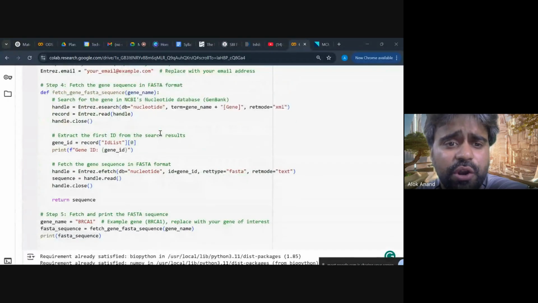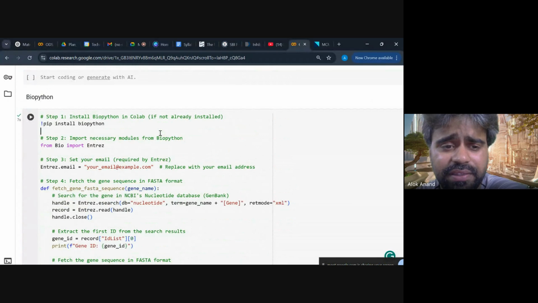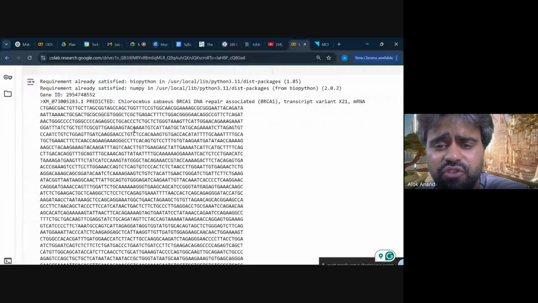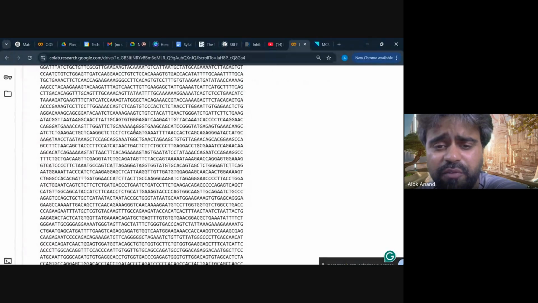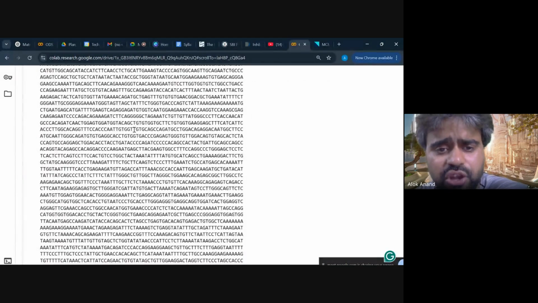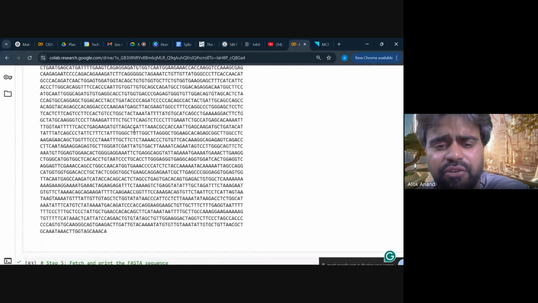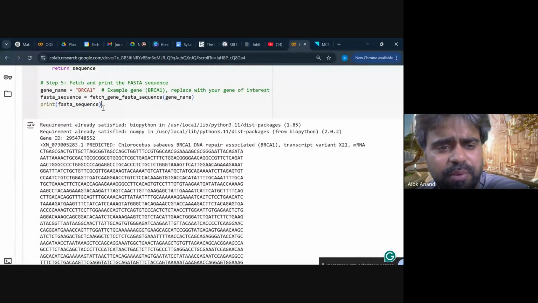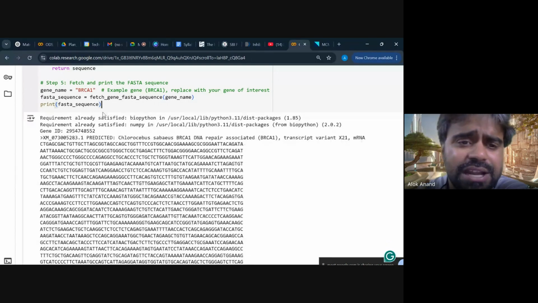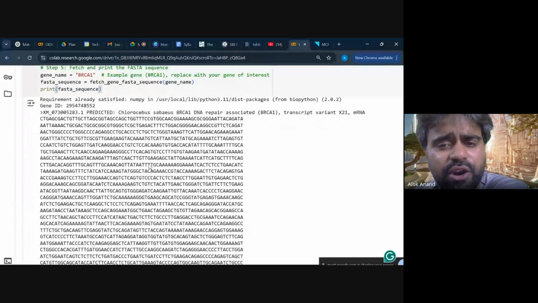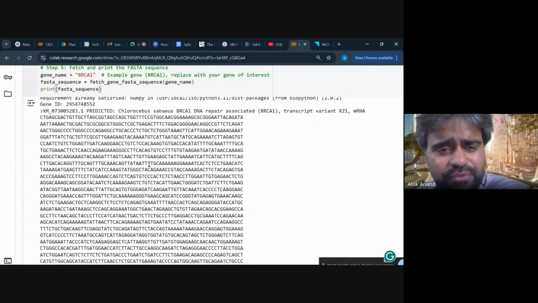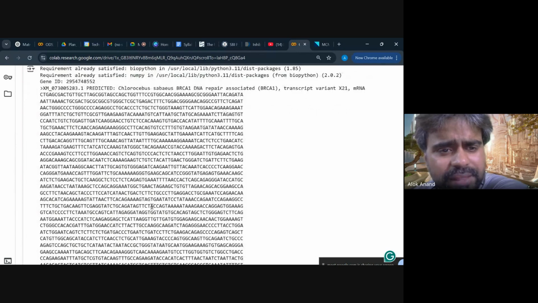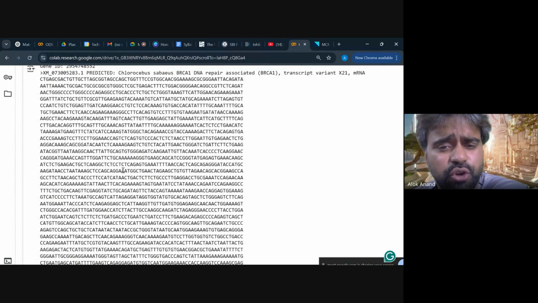Now this is just an example of what you can do with the help of BioPython. A number of bioinformatics data analyses you can do with BioPython, guys, a number of different kinds of analysis. You can perform BLAST, you can perform phylogenetics, and everything that you study in your bachelor's, using BioPython. So in the coming 2 lectures, I'll be taking up BioPython and teaching you in detail what the different kinds of bioinformatics jobs are that you can do with BioPython. This is just an example to show you how you can fetch a sequence using BioPython in